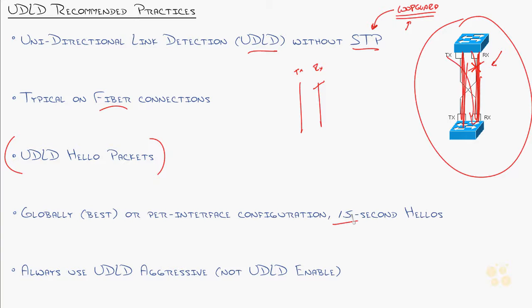So the best practice is one command, UDLD, and you can either type in aggressive or enable in global config mode, and poof, problem solved. Every fiber link is going to automatically run this, or you can turn it on per interface if you really want to, but Cisco says save yourself the trouble, just turn it on globally and you're done. However, always type in UDLD aggressive, not UDLD enable, which is very common because people are like,